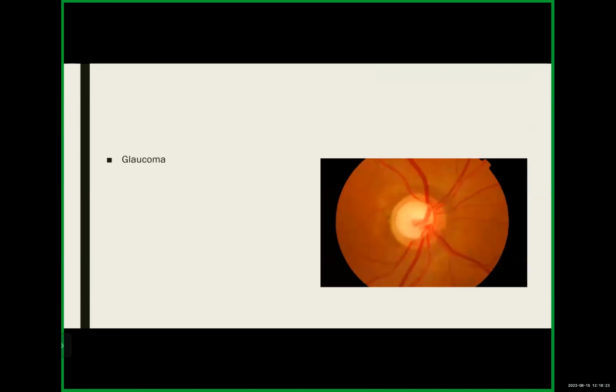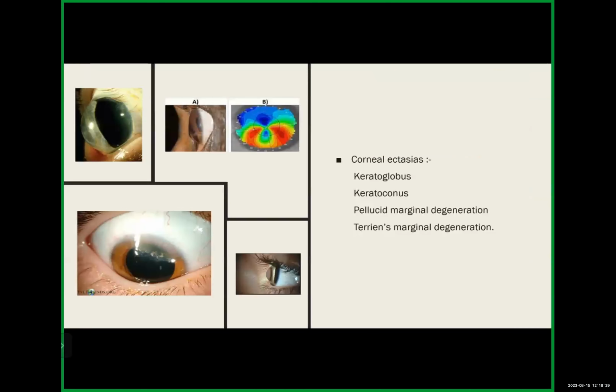Glaucoma is also a contraindication for laser refractive surgery, as after performing refractive surgery we reduce the corneal thickness, and the reduced corneal thickness gives us a false low IOP in a glaucoma patient. Then corneal ectasias like keratoglobus, keratoconus,